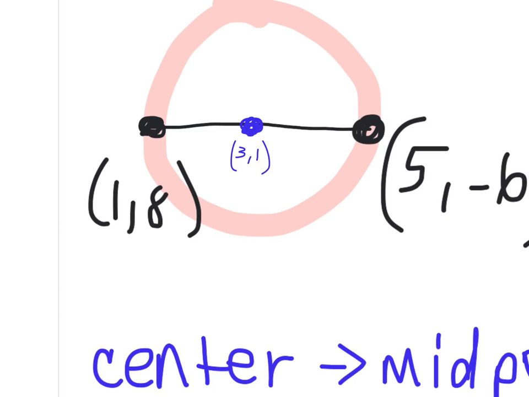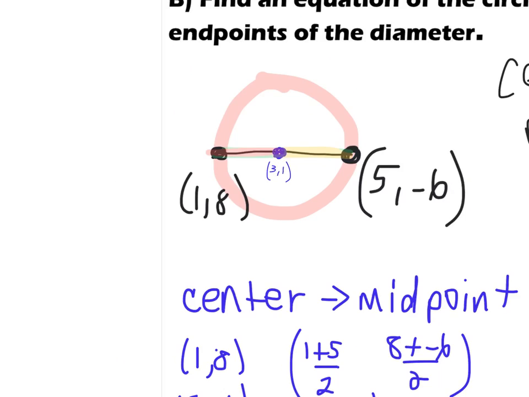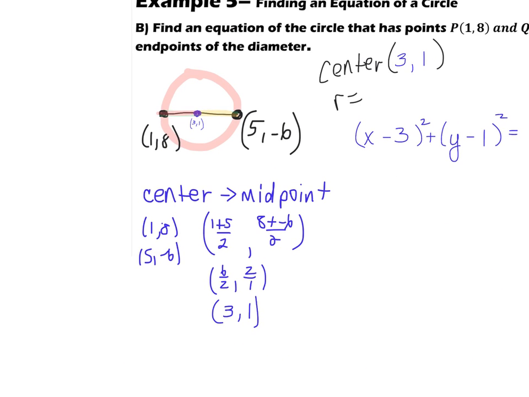But if you found the distance from here to here and then cut it in half, that would give you the radius. You could find the distance from here to here, or from here to here. It doesn't matter. It's all going to be the same number. But I personally am going to use (1, 8) and (3, 1) because they're positive. So in order to find the radius,